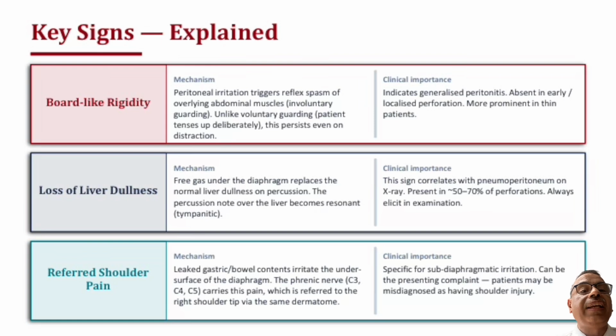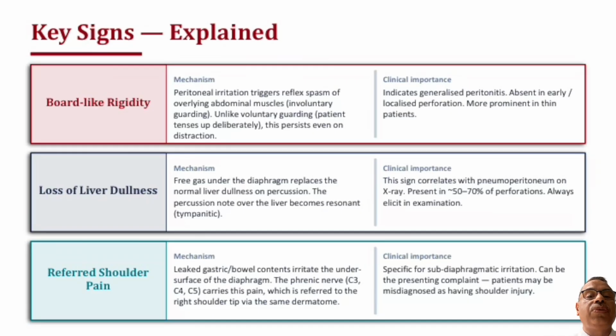Whereas guarding, technically, is a voluntary thing where the patient tenses up the abdominal musculature at the site of the pain. The clinical importance of this board-like rigidity is that it indicates the patient has generalized peritonitis. It may be absent in the early stages or in a localized perforation, but it is more prominently seen in